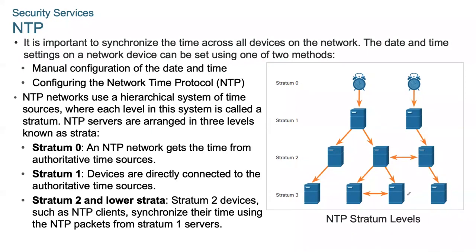So because it is very important to all the devices on the network, all aspects of managing, securing, troubleshooting, planning the network require accurate and consistent timestamping. So when timestamps are not synchronized between devices, it is impossible to determine the order of the events that have occurred in different parts